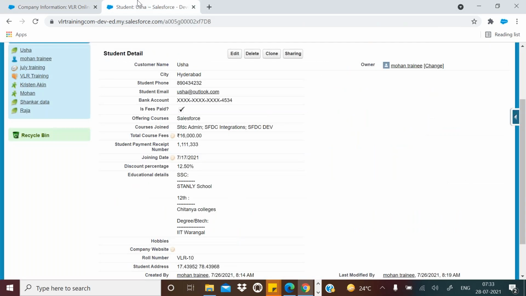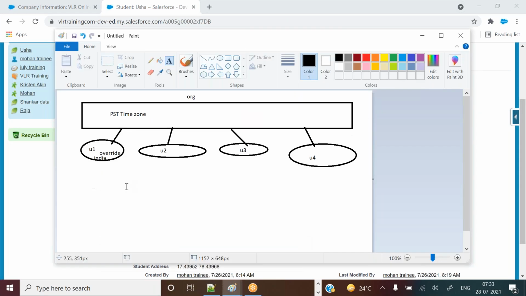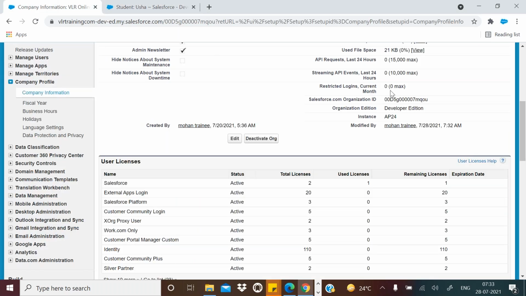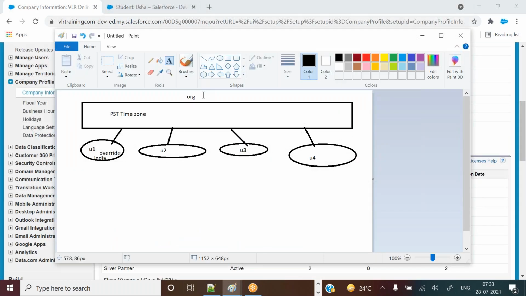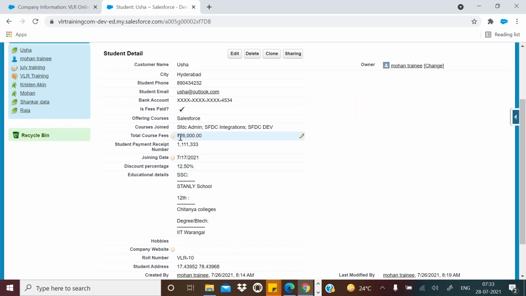Now some people might have a question. Before going to that, for all users, any user who logs in, the rupee symbol is the currency. For any user it will be like this. But in real time, say there is a project, this VLR training project, with branches in India, USA, UK, France and Japan, in different countries.